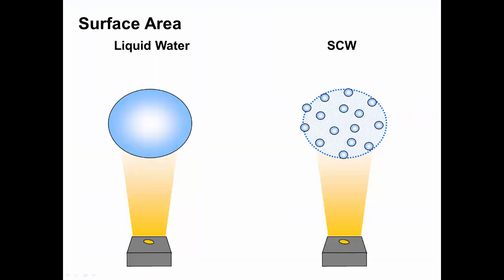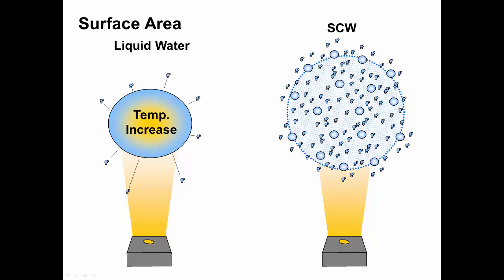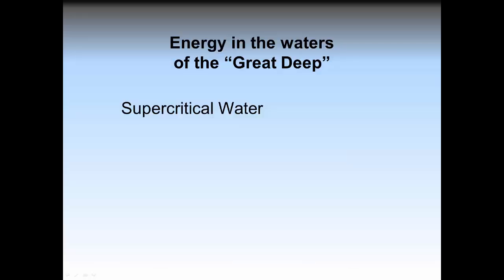Liquid water exposed to heat can only cool through evaporation off of its surface area. However, surface area of normal liquid water is limited and therefore the temperature of the liquid will increase because the surface area is small. Because the liquid surface area of supercritical water is enormous among trillions upon trillions of tiny droplets, supercritical water can evaporate many molecules simultaneously. If allowed, supercritical water will simply expand rather than increase in temperature. If more energy is added, the expansion accelerates. So that is some cursory information on supercritical water.